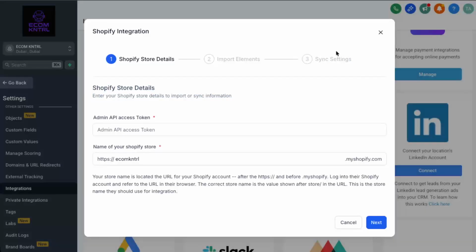You'll then reach the Sync Information section. This is the crucial part where you decide what data will be kept in sync between Shopify and GoHighLevel. Here, make sure you select orders so that your Shopify orders are automatically synced into GoHighLevel. Once you've chosen orders and any other elements you want synced, complete the process and your integration will be active, keeping your